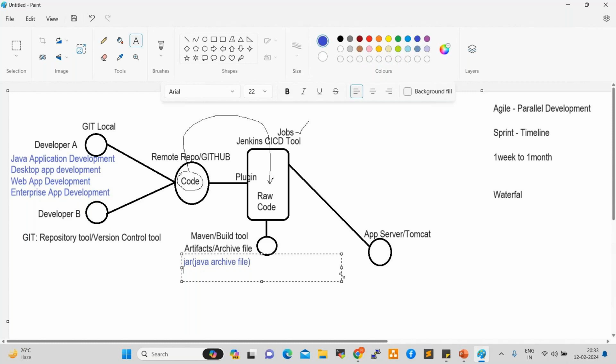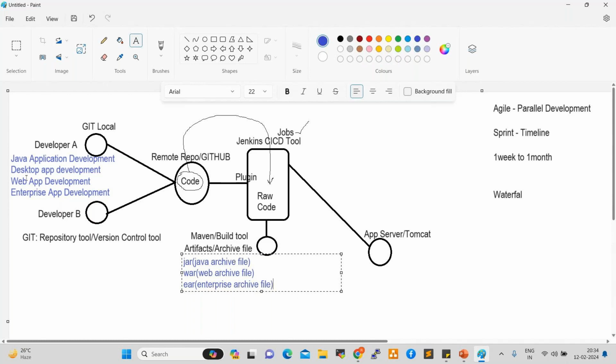Maven generates a war file, web archive file, right? And also enterprise application development. So an ear file, enterprise archive file, right? So based on the application development, Maven will generate the respective artifact.